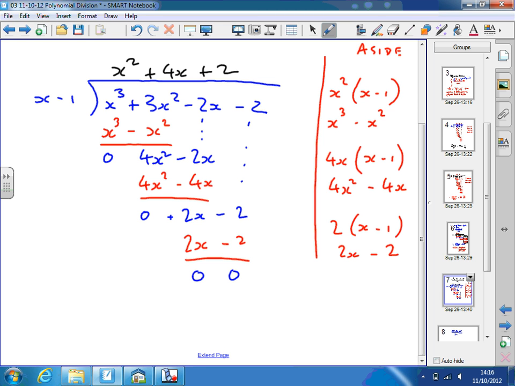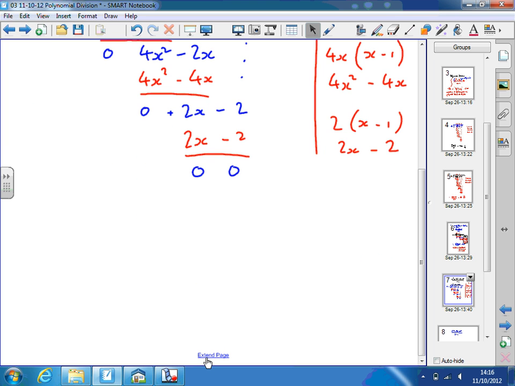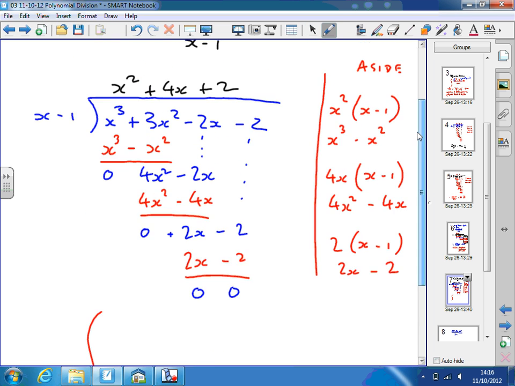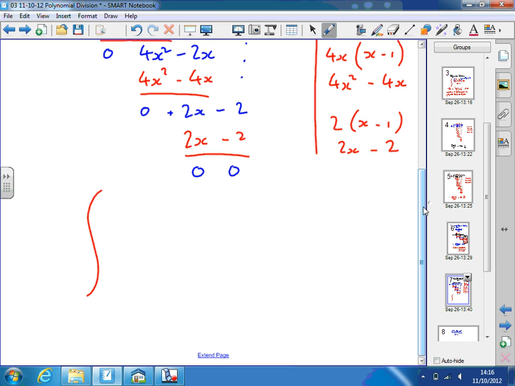X cubed plus 3x squared minus 2x minus 2, divided by x minus 1, gives x squared plus 4x plus 2. Right, to do the integral. If I have two functions that I'm dividing, like this, what sort of scenario would this occur in? Well,